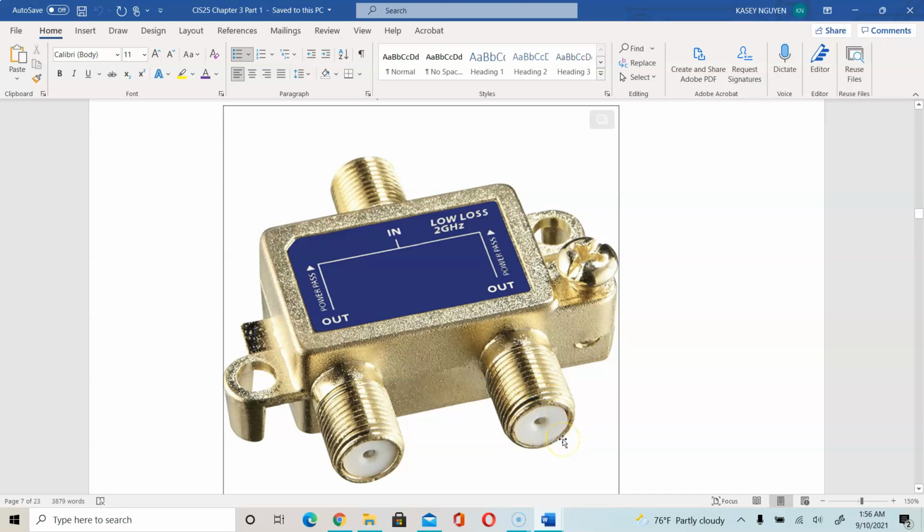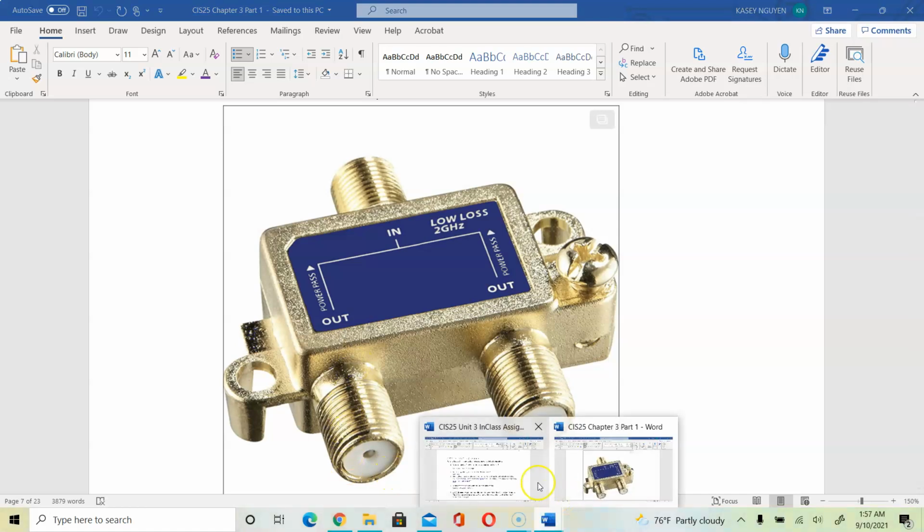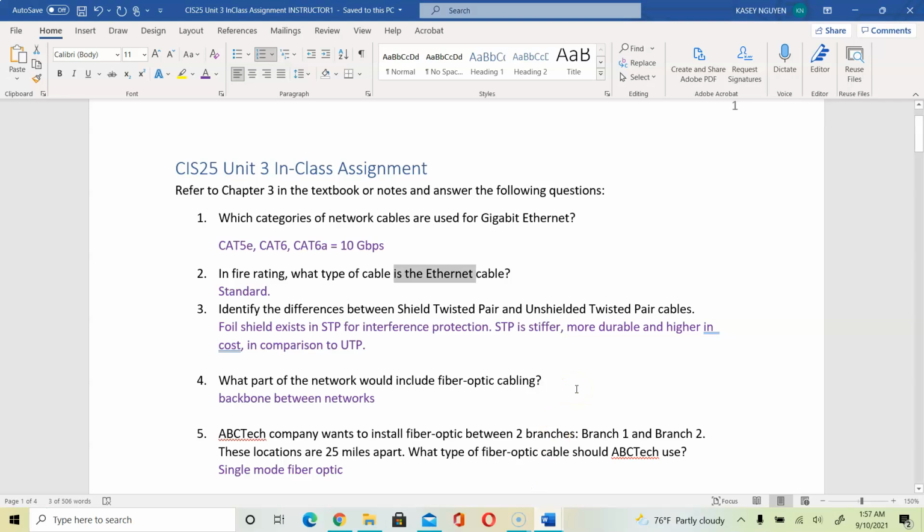One would be for your TV, the other one would be for your internet and so on. So your internet modem. So for the answer, when we look at number 3, we need to identify the differences